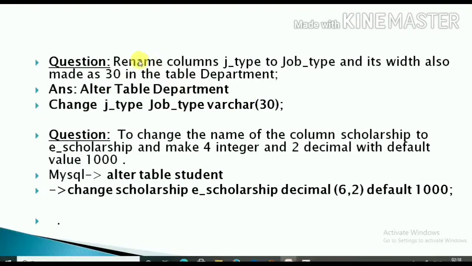The next question: rename the column j_type to job_type and also change its width to 30 in the table department. Its width is already 15, and we have to make it 30. So the command will be ALTER TABLE department CHANGE j_type job_type, this is the old name and this is the new name, VARCHAR(30); So the command is ALTER TABLE department CHANGE j_type job_type VARCHAR(30);